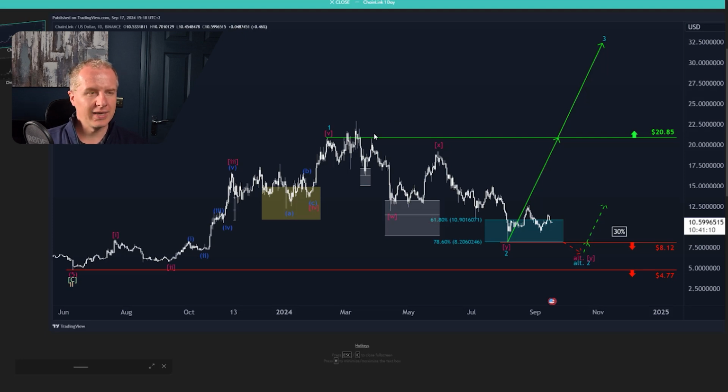What we want to get to is a sustained break above this area here, these swing highs that formed back in March. This would be really convincing, and this would be a good indication that a larger degree third wave has started and would be a third wave of a third wave. But for now, we're still hovering in this trading area down here. And this is certainly an area where we can watch for a reversal.